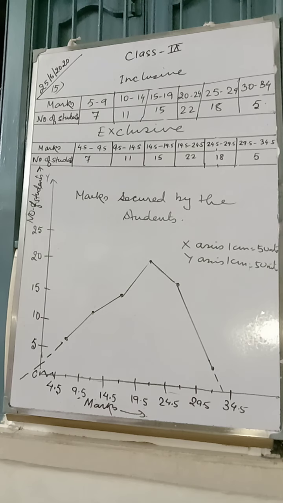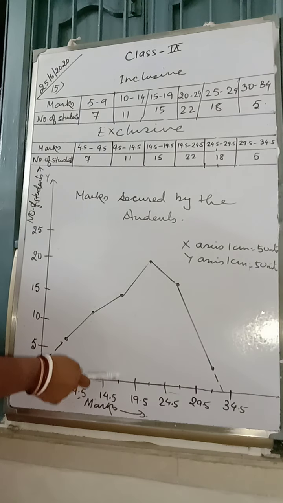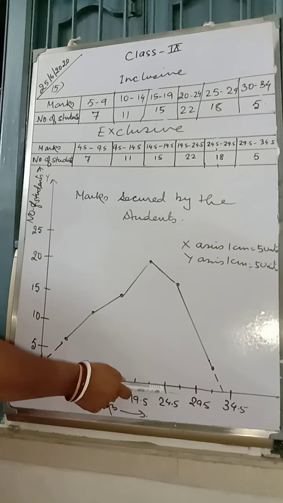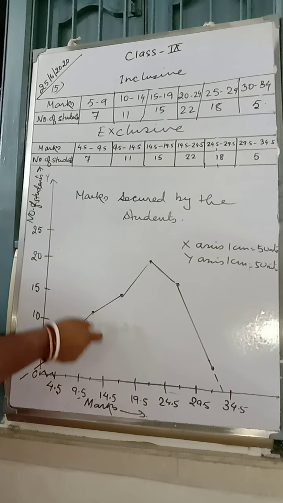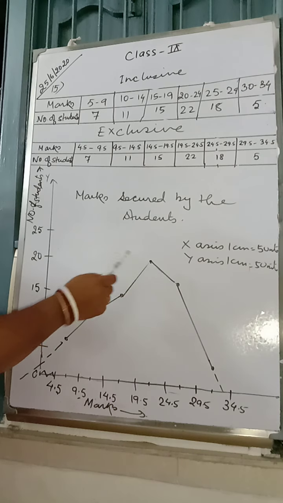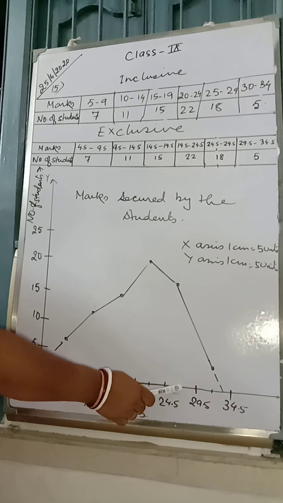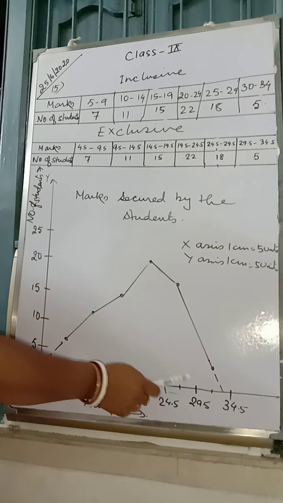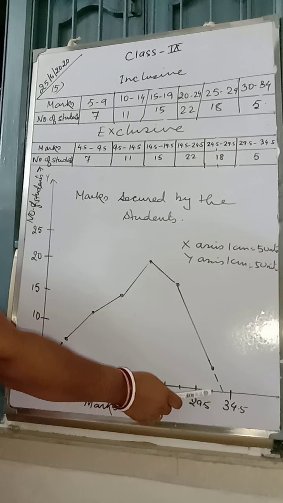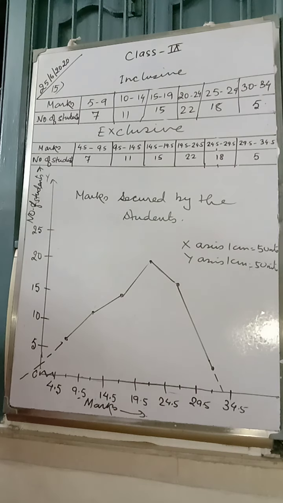So the first point will be on 7, this is on 12, this is on 12 plus 5, 17, then this is on 17 plus 5, 22. It is in this way. Then we got 22 plus 5, 27, and 27 plus 5, 32. So this is on class marks, it is not on the class intervals, it is based on